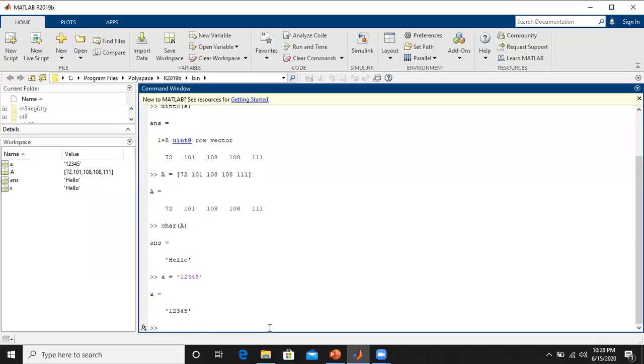Now what we would like to do is represent that numerical string as a numerical array. That means a number. In order to do that, we have to use the string to number function or command. So str2num, and that one is indicated with variable a, right? So then we can get 1 2 3 4 5. And also we can go for a string concatenation.